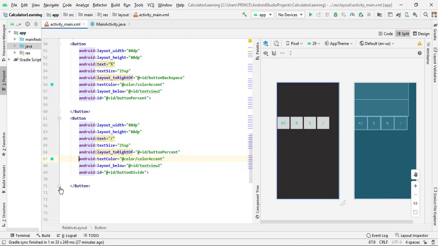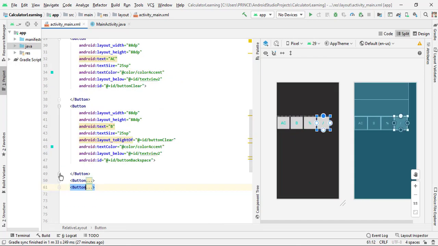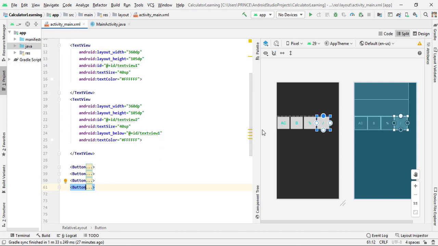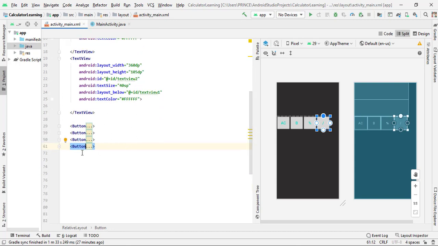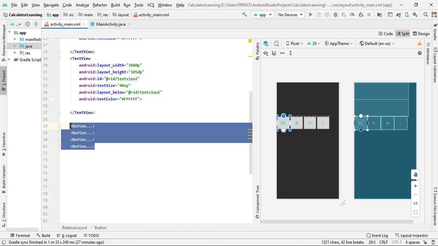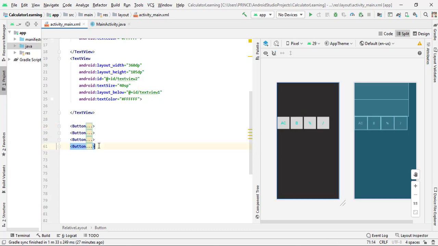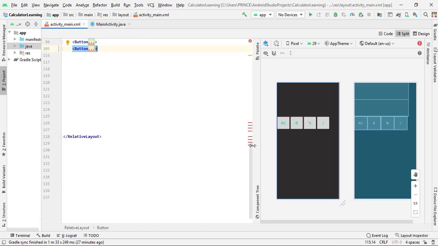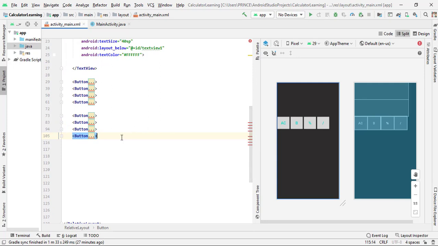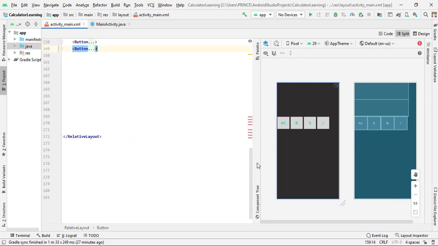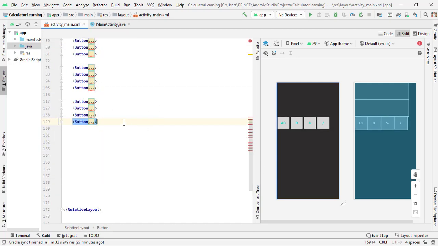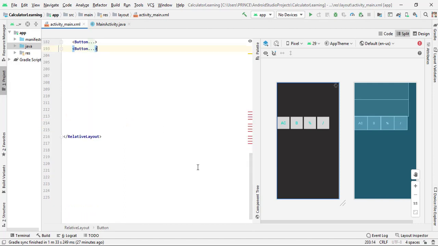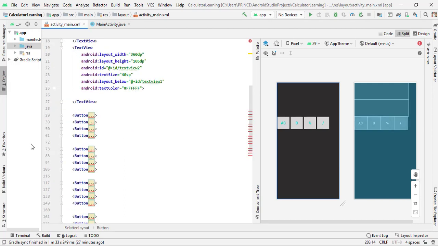So what you have to do now, just minimize the code of buttons, and you can see this is 4 buttons, and how many rows we need? We need 5 rows. So I copy this code and paste it 5 times. Give the space extra so you're not confused. First I copy this for 4 times. After all, we copy the last time, so 4 times is perfect. Now you can see it looks perfect.